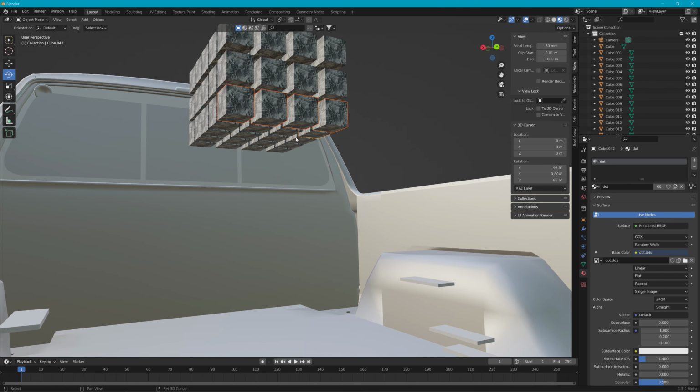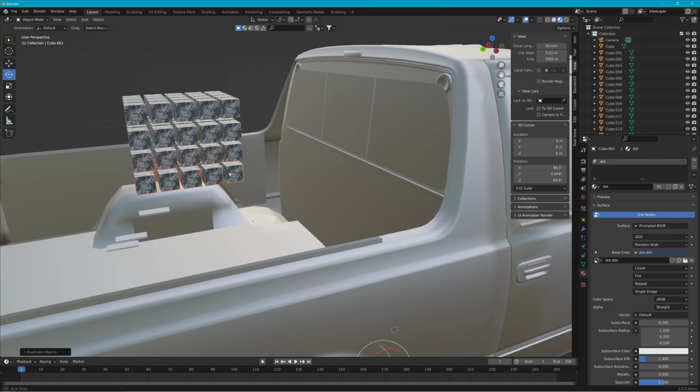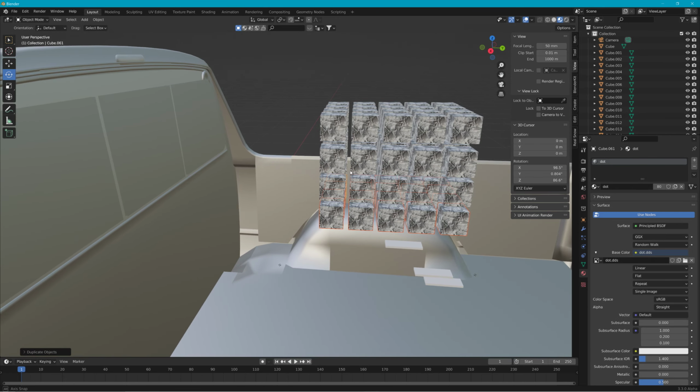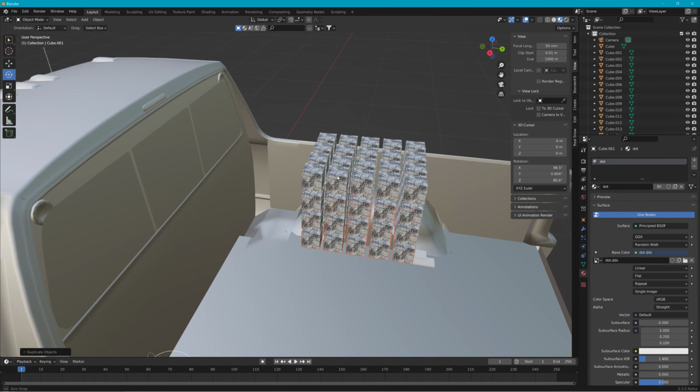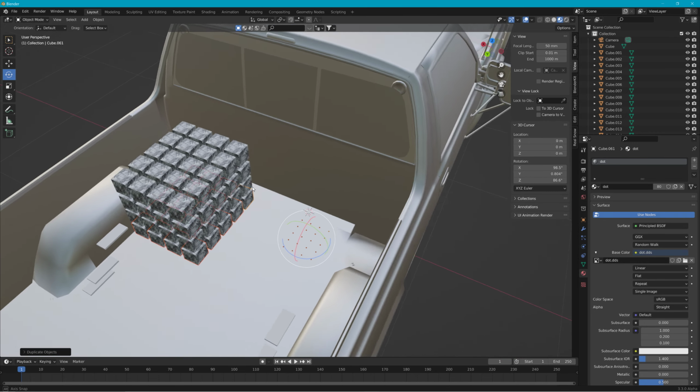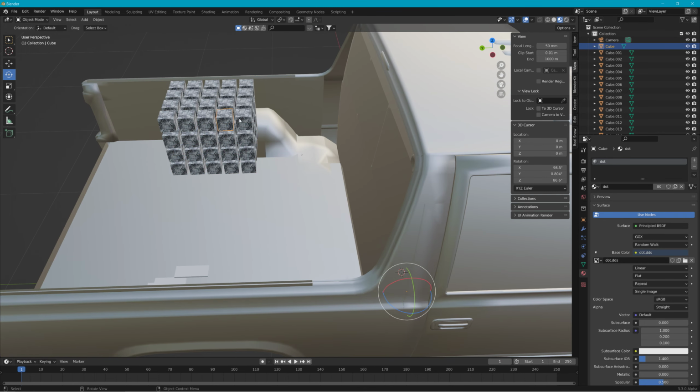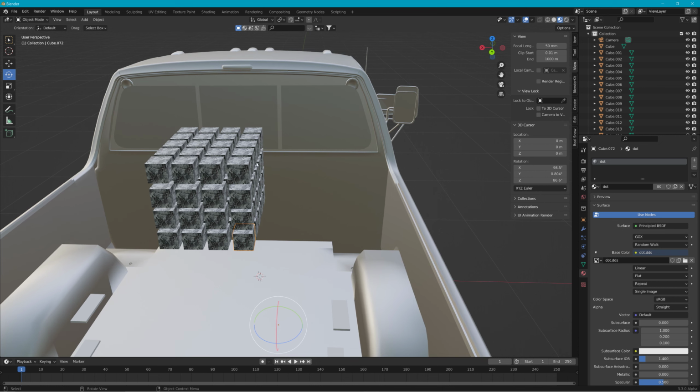So watch his videos. Now you can see I'm just duplicating these. This will be the total amount of cubes. I don't think we need any more than that. So now it would be a tremendous pain in the rear to make a different group for every one of these. It'd be A, B, C, D, E, F, G, H, I, A1, A2, A3. You basically have to make a lot of groups because each one of these things is going to have their own little coordinates. So what I do,